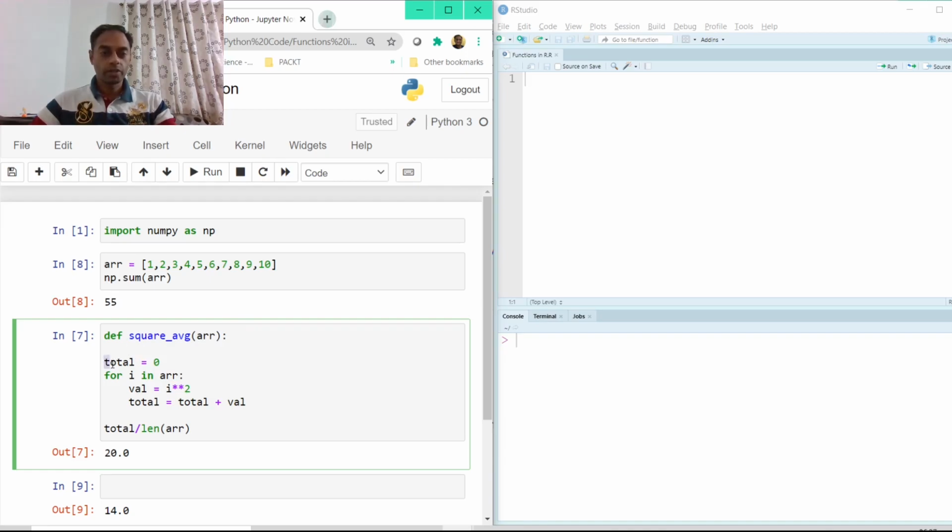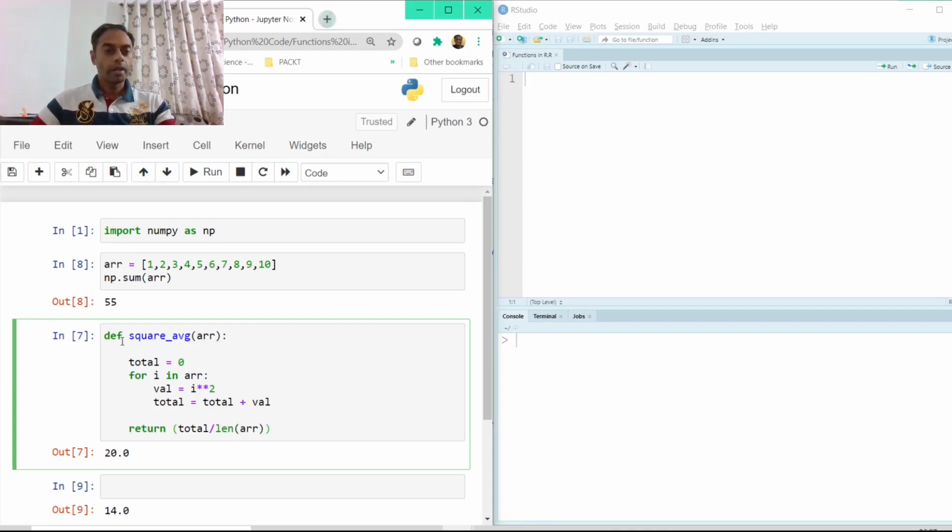So let me select all these lines and do a tab. Now everything is indented, which means these are all now part of the function. Right now it is just giving me the number here, but I want this returned and assigned to some variable so that I can use it in future for further calculations. So to return this, I use the return keyword here.